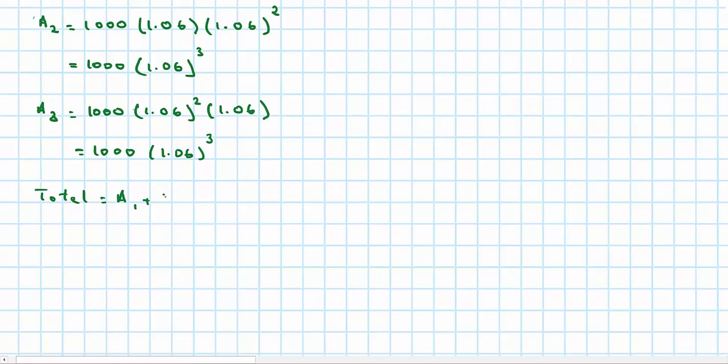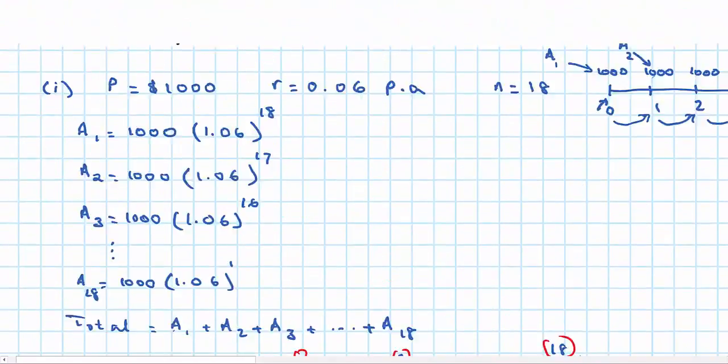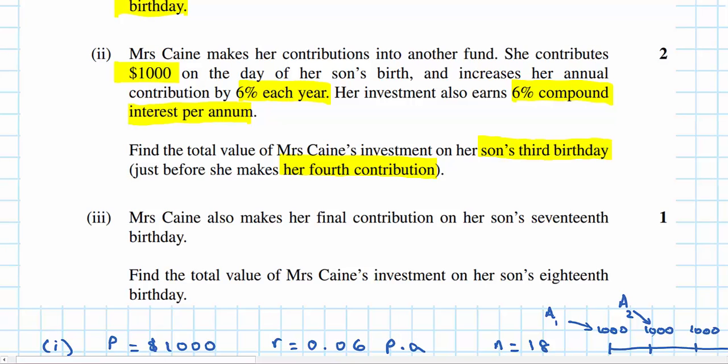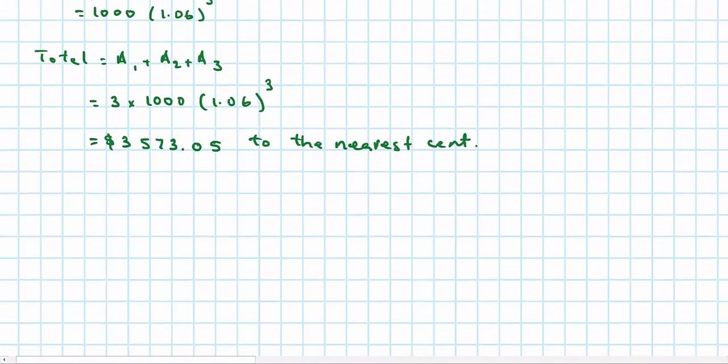So the total by the third birthday is 1 plus 2 plus 3. Now they're all the same, so essentially we have 3 lots of 1,000 times 1.06 to the power of 3. You can work that out, and that's $3,573.05 to the nearest cent. Now go back to the question. The total value of Mrs. Kane's investment on her son's 3rd birthday is, therefore,